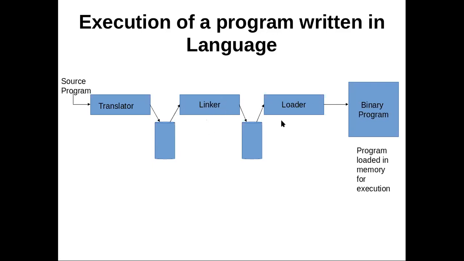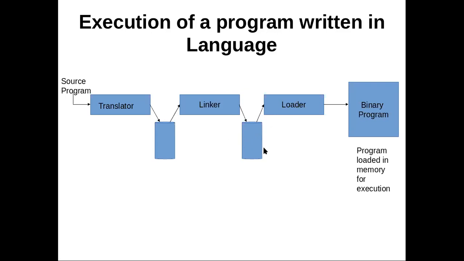Then after that, we have the loader. In between linker and loader, we need to perform one more task, that is relocation. I told you before, we had a main program. Suppose the size is small. After linking our main program with the other subprograms, the size of the main program may increase. When the program size increases, if we don't have enough space in the already allocated memory, we have to relocate the entire program into another available memory space. That is called relocation. So in between linker and loader, we have to perform relocation.